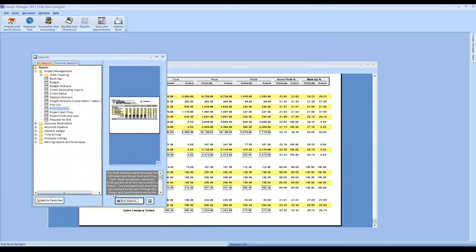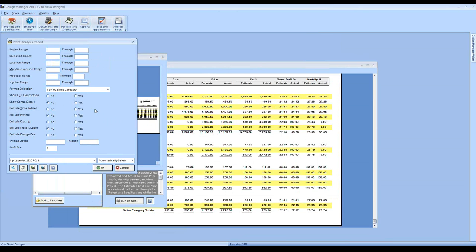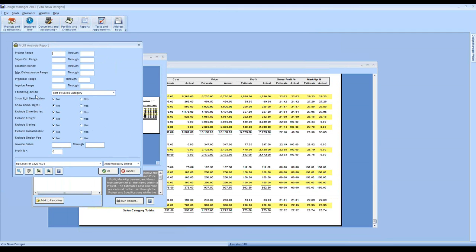We have a couple other options here that I find intriguing. For one, you can optionally not include particular types of goods or services. For example, say you always simply pass on your freight charges. If the vendor charges you $150 to ship the chair, you charge $150 to the client. So that somewhat distorts the profitability. You're using that as a pass-through. So if we exclude freight,